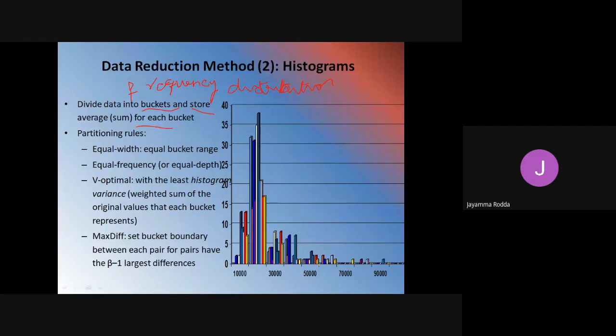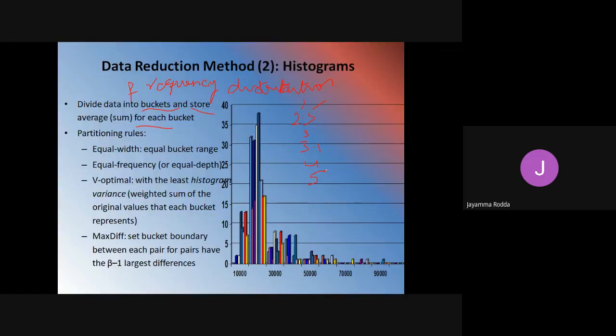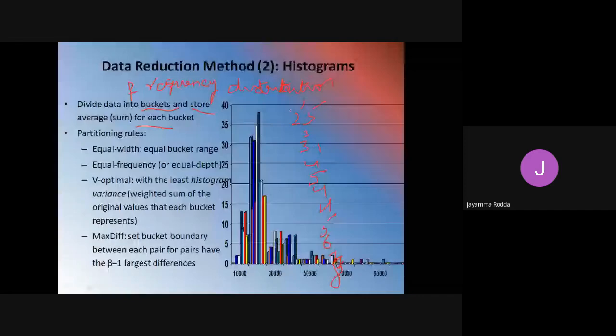See here, consider I have been given certain values like 1, 2.5, 3, 3.1, 4, 5, 4, 4, 5, 6, 7, 8. These are the values I have been given.